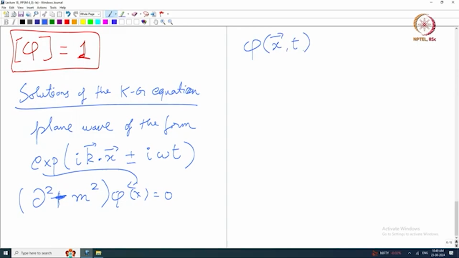Agreed? And for convenience I am going to separate the x, the 3-vector position, from the time, because we have already done that when we wrote the plane wave solution, correct. So, would you agree that I can now write